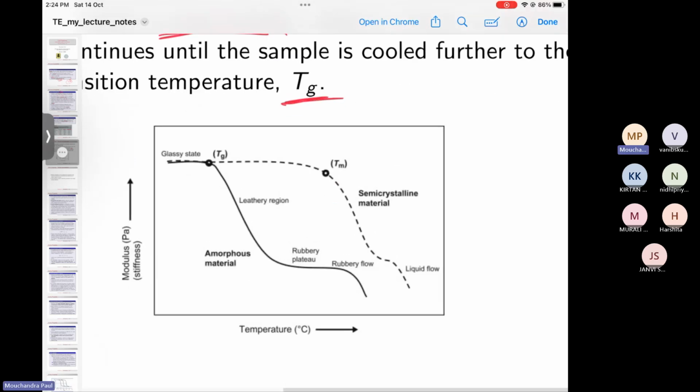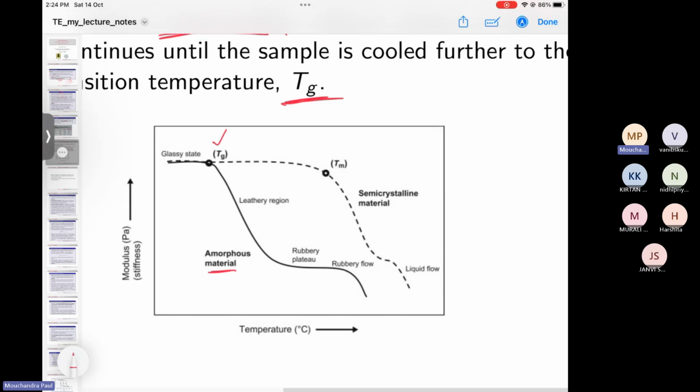So this graph actually shows you that this is for the amorphous material, meaning it does not have a crystalline structure. The atoms are not arranged in a highly ordered manner. This is for the amorphous material. So for the amorphous material,